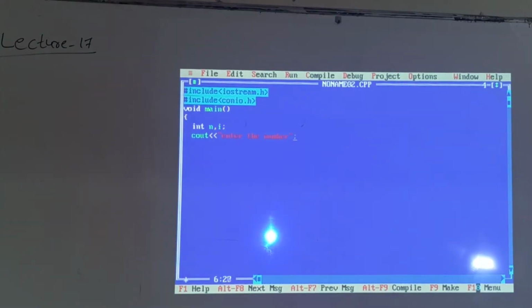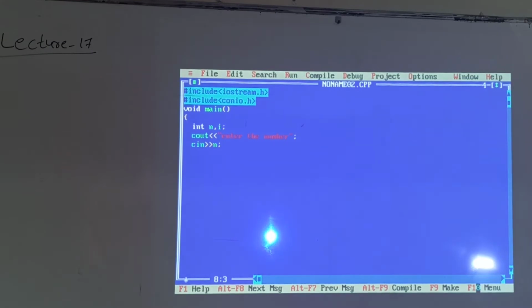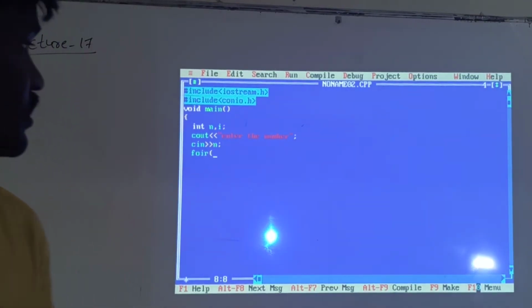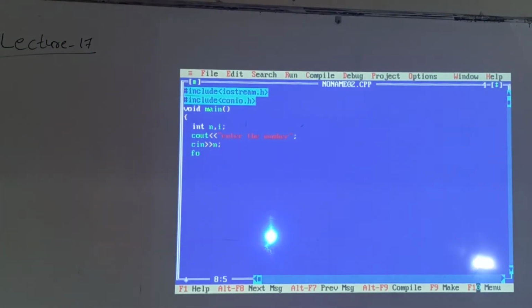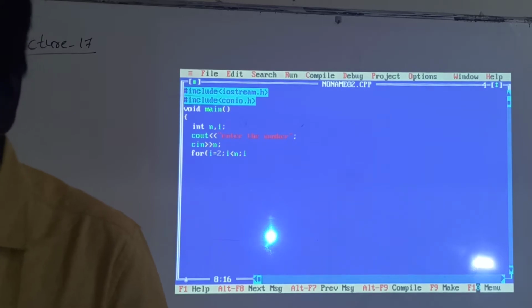Enter the number. For i is equal to 2, i is less than n, i plus plus.